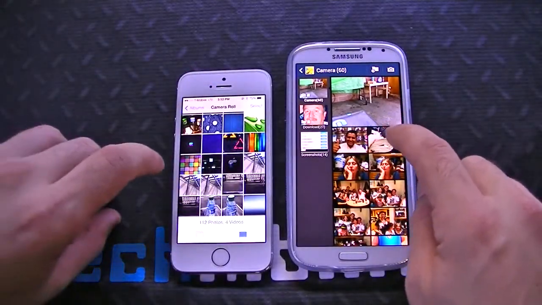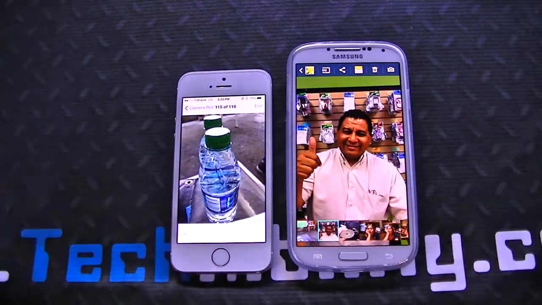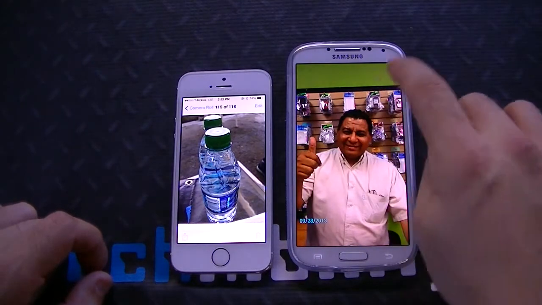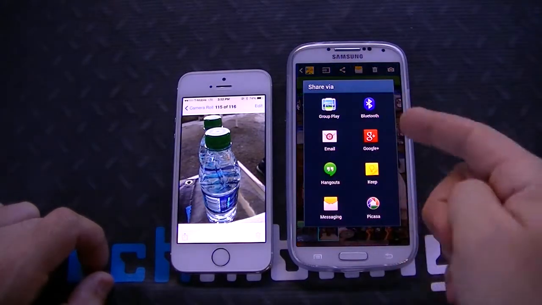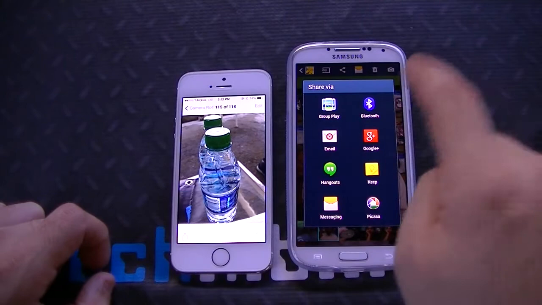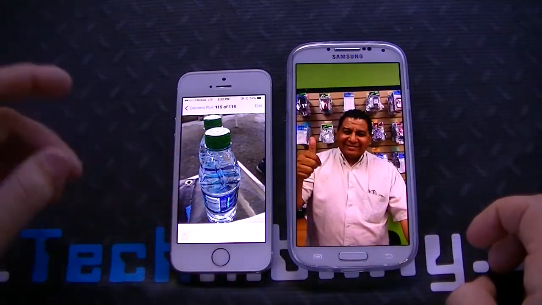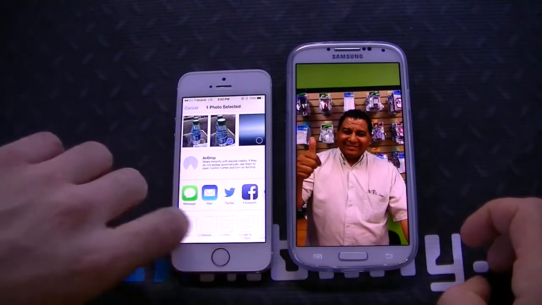Now sharing options are as such. So if I take this photo here and this photo here and I want to share them, with Android you can either click here on the menu button or you can simply go up here where the sharing options are, and third-party apps do sync with this sharing right here, so that's cool. With iOS, you got this little button right here on the bottom left. You get what they give you.